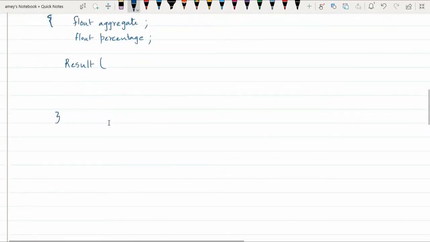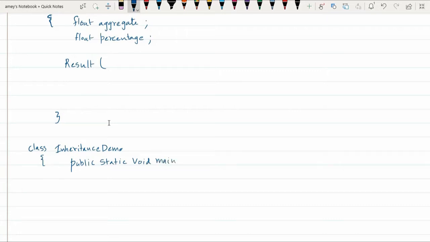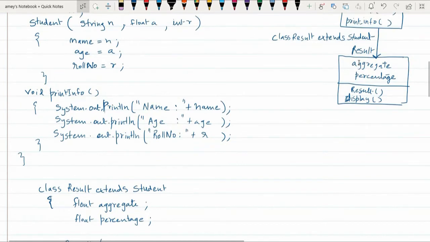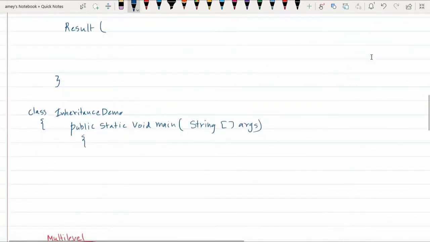So I create another class called InheritanceDemo. This is my class and in this I have my main function, public static void main(String args). Now, since my result class is the class that I am creating, I will be creating an object of the result class. So I say Result R1 = new Result,